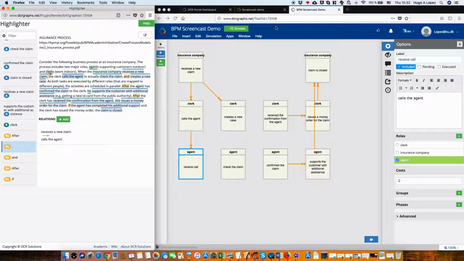So in that way, we can actually find what are the implicit roles, what are the implicit activities, and create